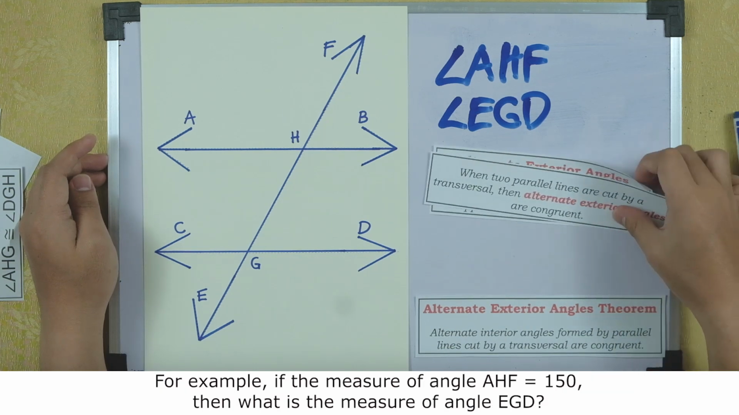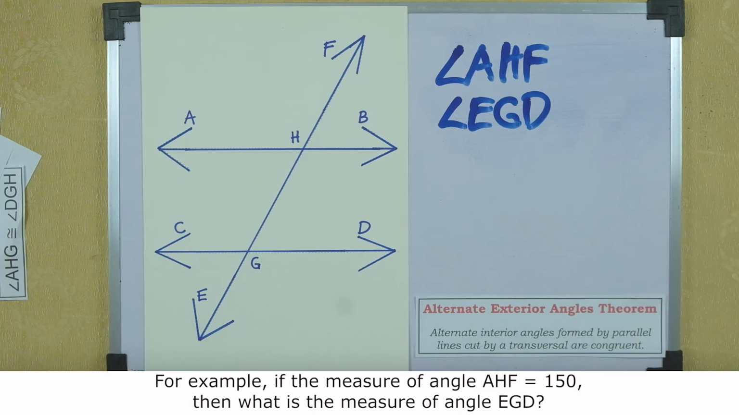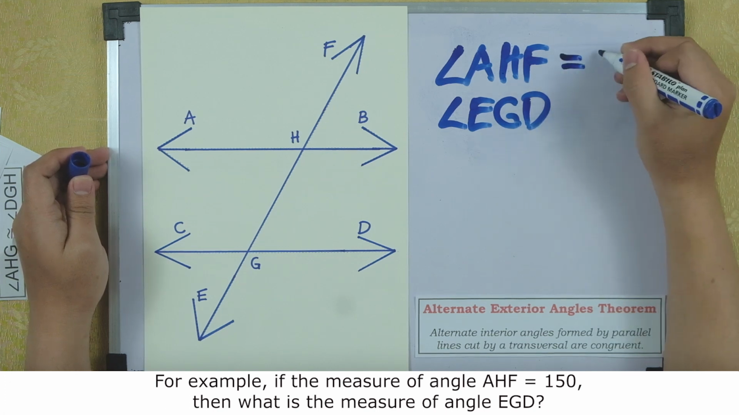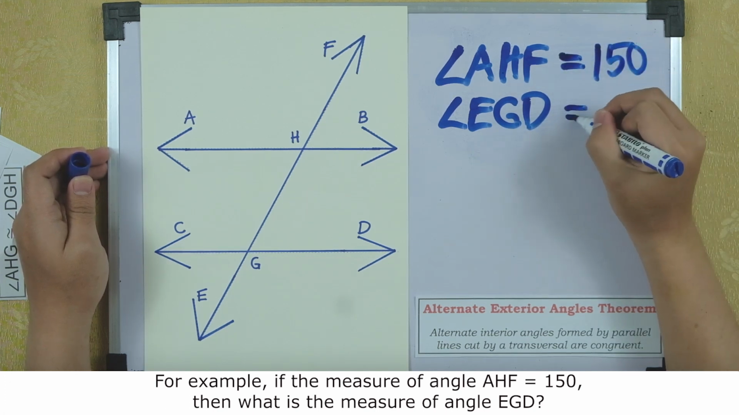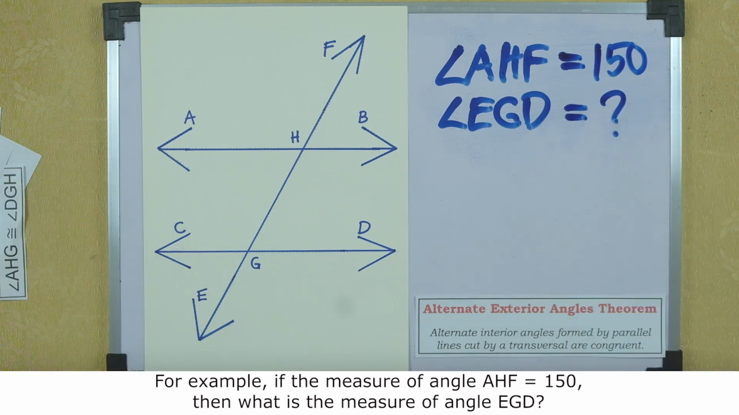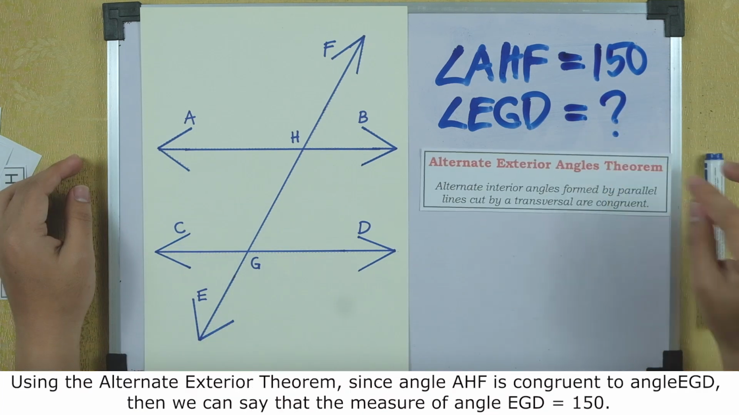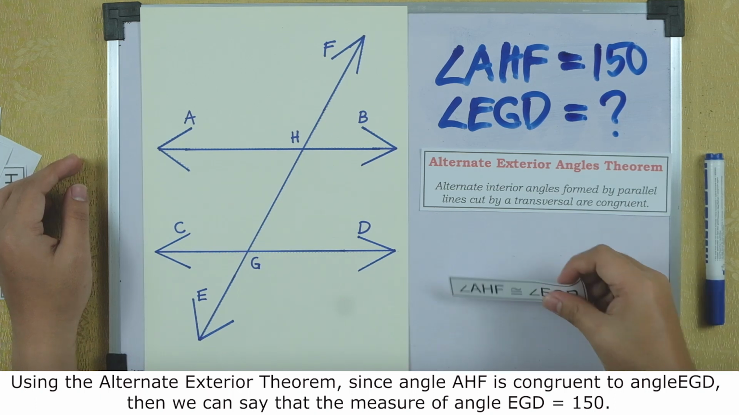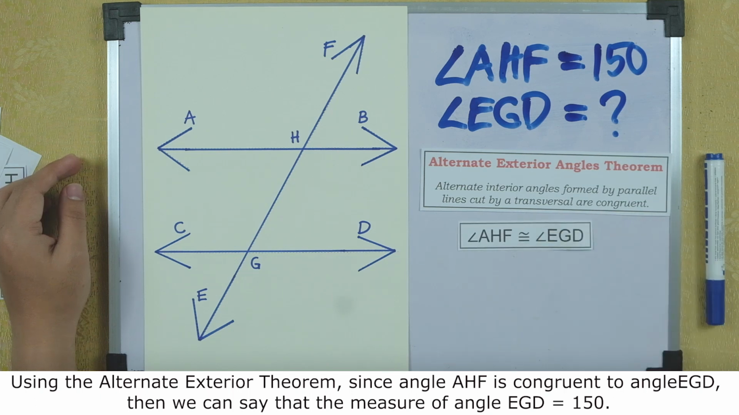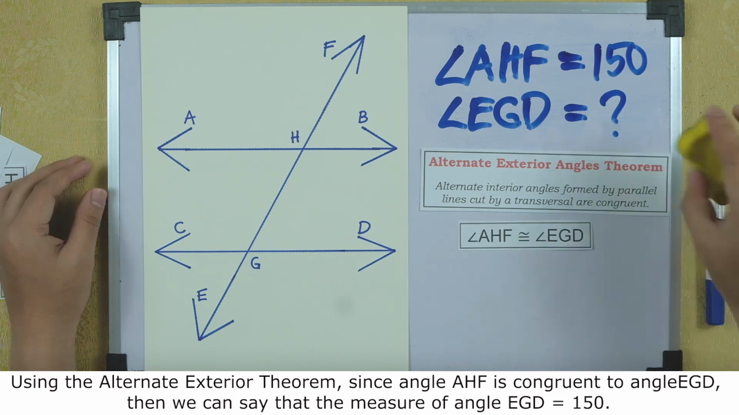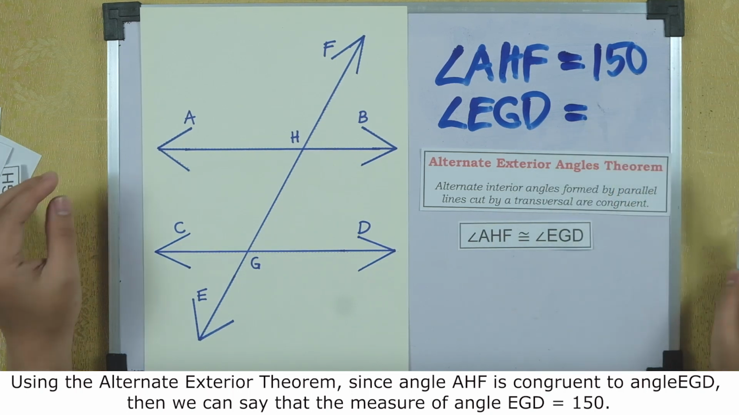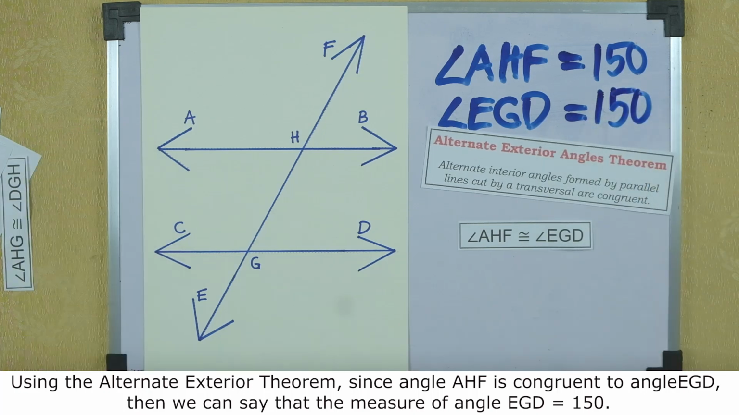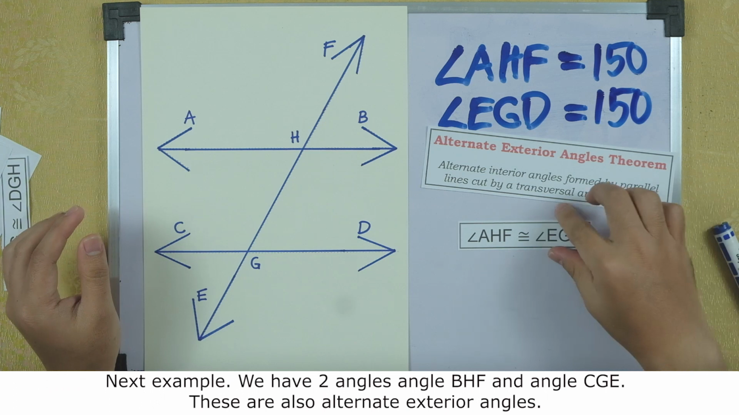So going back to our given angles, suppose the measure of angle AHF is equal to 150. So what is the measure of the angle EGD? Using the alternate exterior angles theorem, angle AHF is congruent to angle EGD. So this means that the measure of angle EGD is also equal to 150. For our last example,